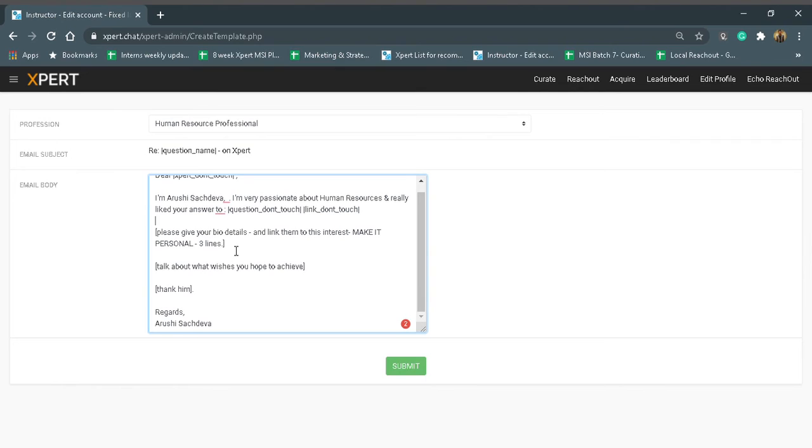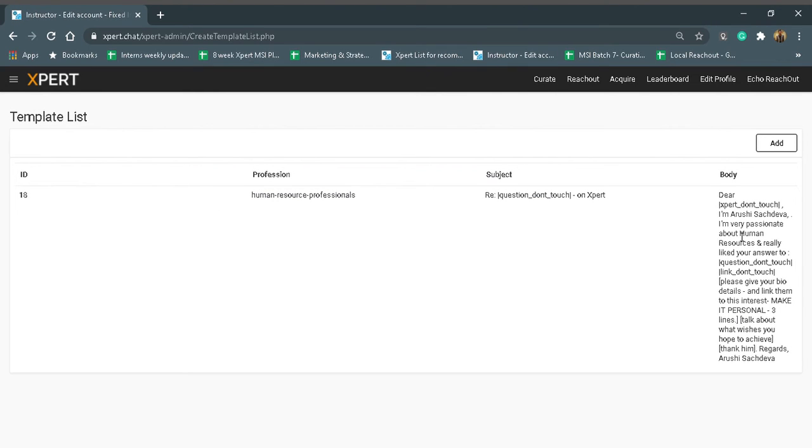So in this paragraph, in the second paragraph, you're going to give your bio, your details, right? And link them to the profession that you've chosen, right? How that expert has inspired you, what have you learned from him, things like that you can give here. Now in the next paragraph you can edit and you can write a few sentences about what you want to achieve in life and how the expert's guidance can help you achieve that. In the end you will write a thanking note and click on submit. Make sure you don't edit anything that says don't touch, right? Click on submit. So as you can see, the template has been stored.